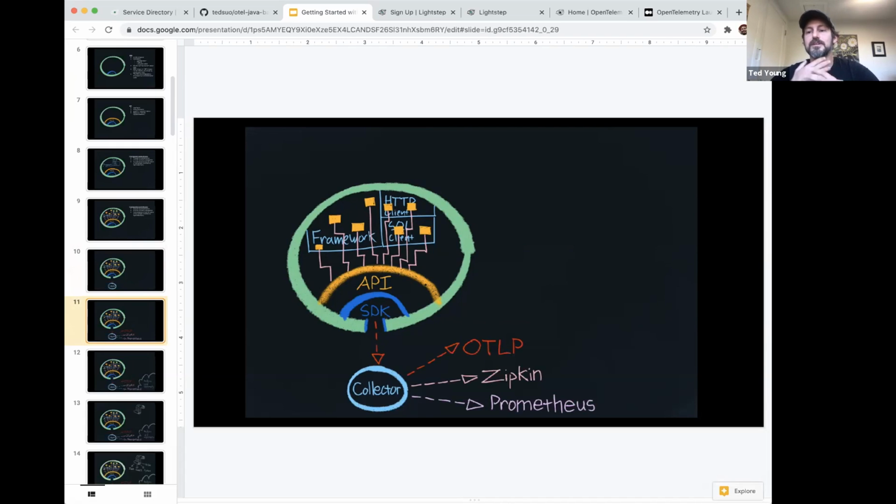OTLP is our own data format. That's what OpenTelemetry uses by default, but you can configure it to use Zipkin, Jaeger, or Prometheus. Those are the protocols that OpenTelemetry ships with. Though, of course, you can always write your own exporters if you want to talk to a different protocol.